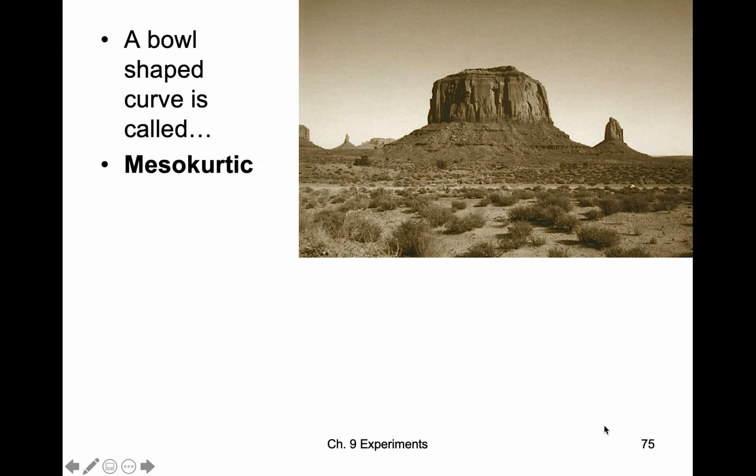And a bowl-shaped curve is called mesocurtic. Now, one way I remember it is that this picture here is a mesa, and you have mesocurtic. So if you think of it, it looks like a mesa. Then out west they have these. Then you know it's mesocurtic. I think this mesa is similar to Devil's Tower, where people climb quite a